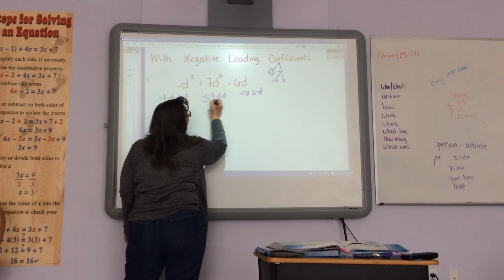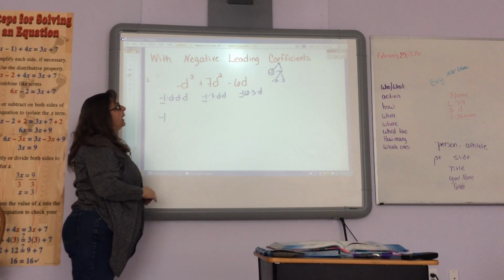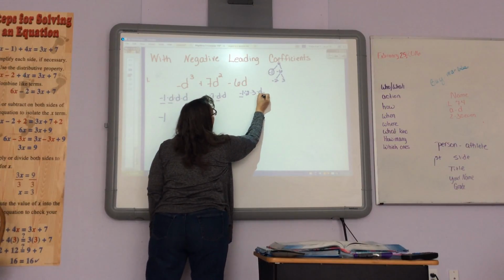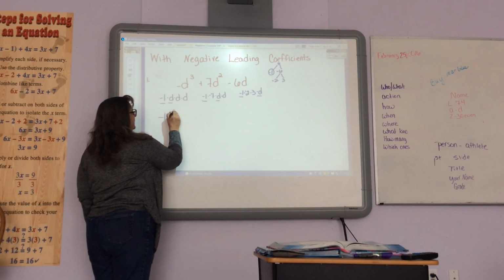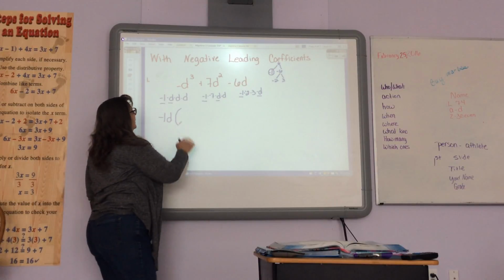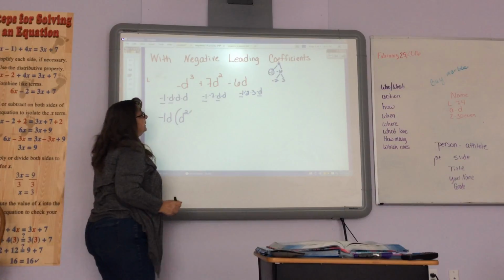Okay. So we take out a negative 1. We know that for sure. That's the whole reason we played around with these silly negative numbers. And how many d's? Only 1. So 1d comes out of each. If we factor out a negative 1d, we start our parentheses. What remains is not underlined. So what remains is a d squared, d times d,